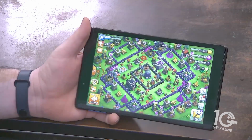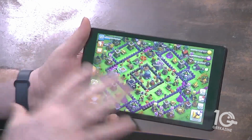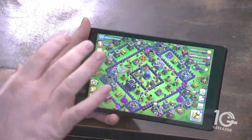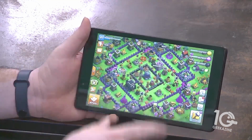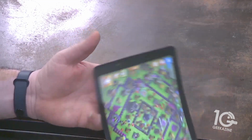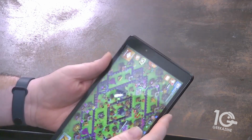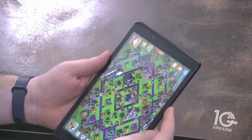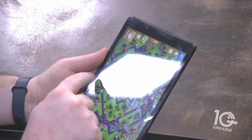You can see the screen pretty well. It's not that dark. It's actually a nice bright screen. The only problem I see with this tablet is it's got 2.4 gigahertz Wi-Fi rather than 5 gigahertz or dual band Wi-Fi. Charge is pretty straightforward. The battery is about 7-hour battery as opposed to the other